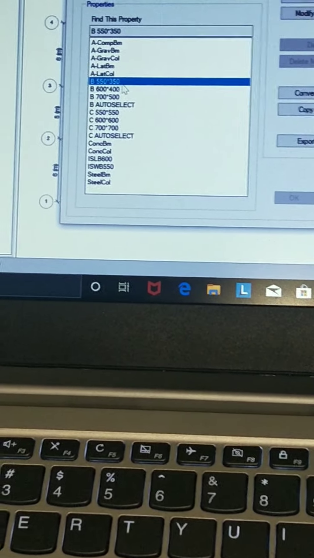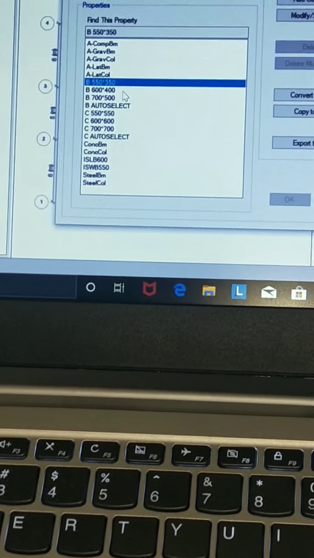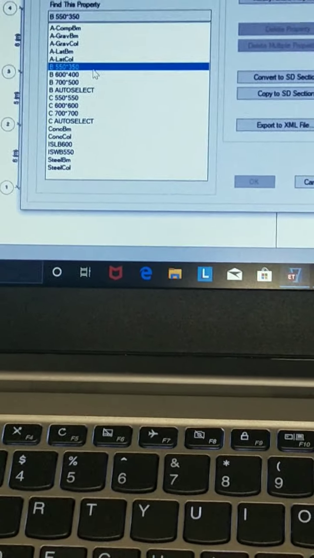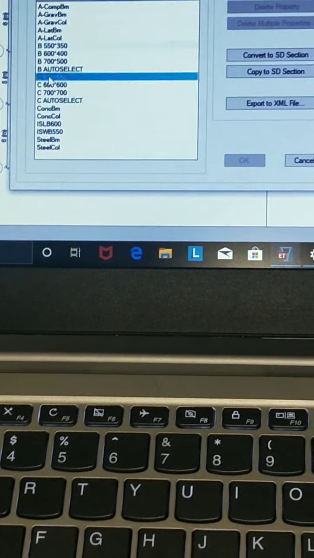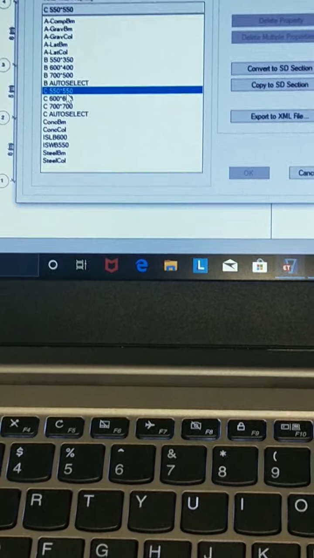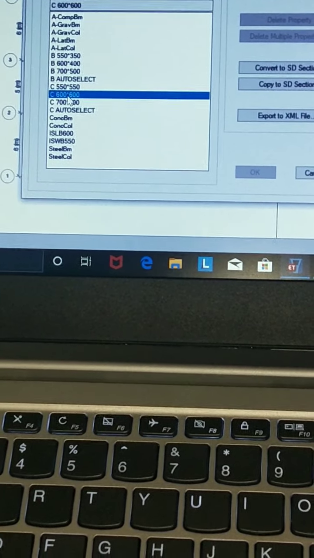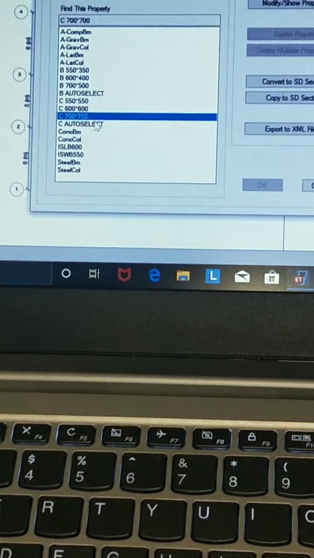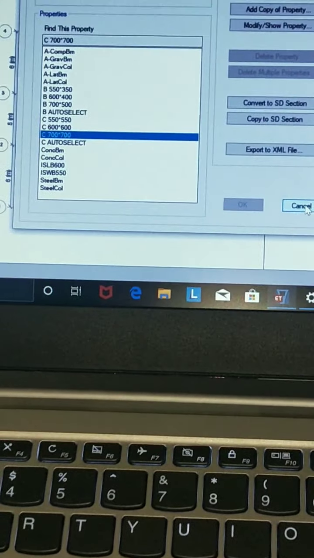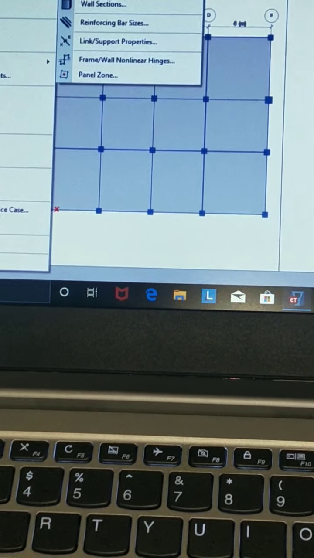We have taken beam sizes 550 by 350, and we have taken different sizes of beam, as you can see, 1 2 and 3. And in the column we have taken three sizes: 550 by 550, the second column is 600 by 600, and the third one is 700 by 700. Okay. So let me cancel it, and let me show you the slab thickness.